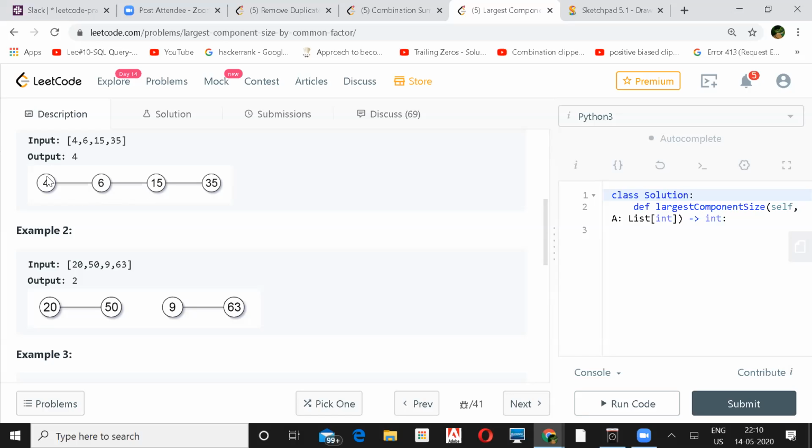See, 4's factor is 2 into 2, 6's factor is 2 into 3, prime factors only I'm talking, and 15 is 3 into 5, and we are running only from 2 to the root of the largest number. So only from 2 to 5 we are running. The reason they are not going beyond 5, because if we take 6, 7, 8, something like that, that will never be a common factor for these 3. I'm not clear, I'm just guessing.